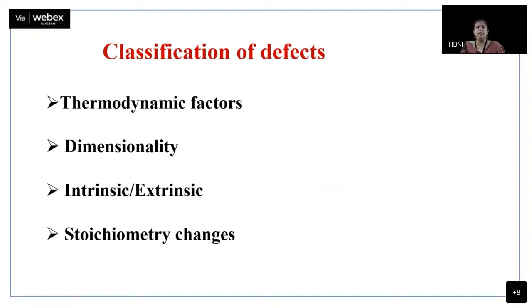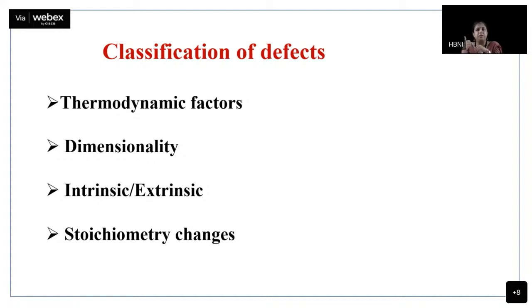Now, how can I classify the defect? I mean, defect is a defect. How does it matter? You ask me whether I classify it or not. We classify the defect because it makes it easier, once we observe a property which we attribute to a particular defect, a particular reason, it helps us to kind of channelize it. Okay, this is due to this, and because it looks like this kind of thing, it will belong to a particular class. So that is why defects are classified, and there are various ways you classify the defect.